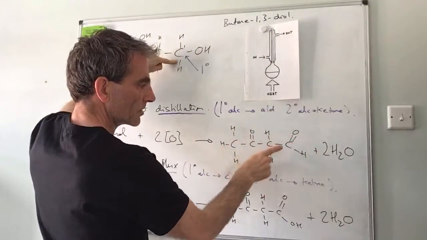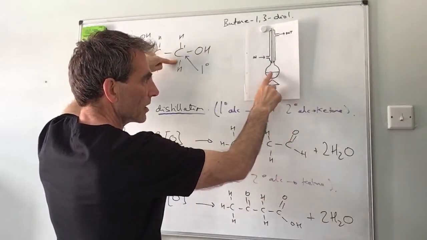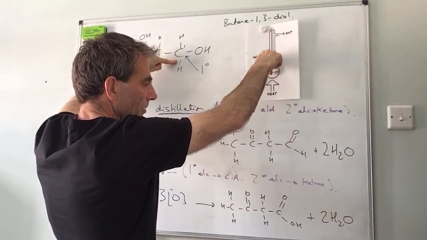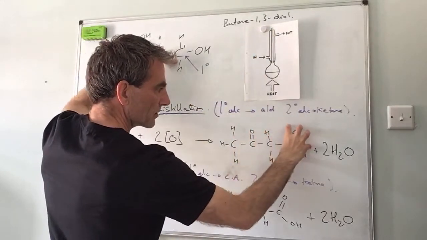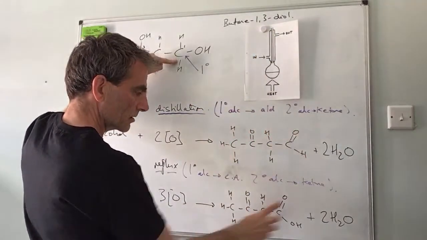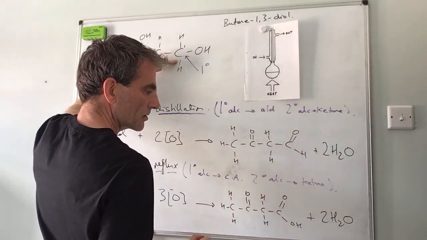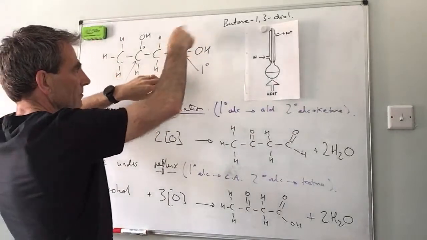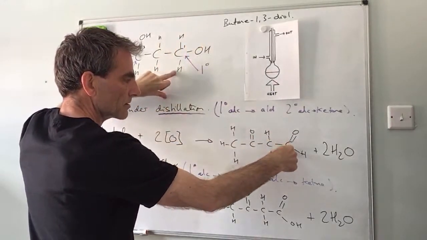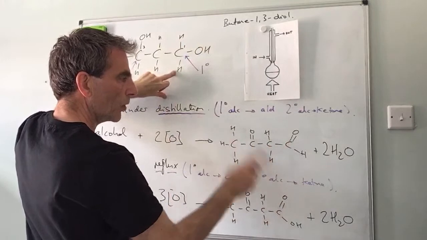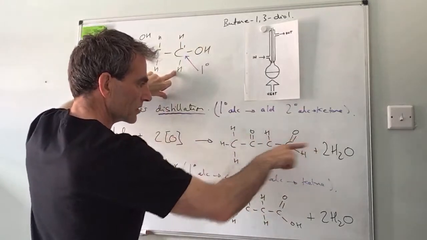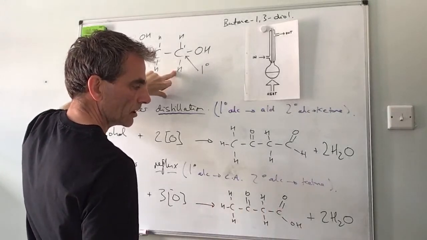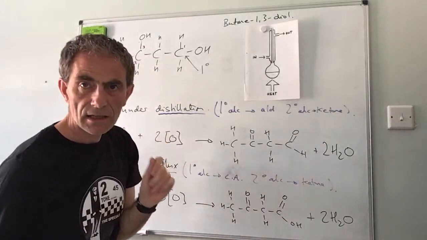Okay, so this gets formed because that's got the aldehyde group on. It'll go up there. It'll condense because of the cold water. It'll drop back down, and then that will oxidize to that. Okay, so two oxidations take place on this bit. The first one takes you to that, the second one takes you to that. But water's only produced in that first oxidation reaction, not in the second one. And that's why we only get two waters happening here. Is that any clearer?